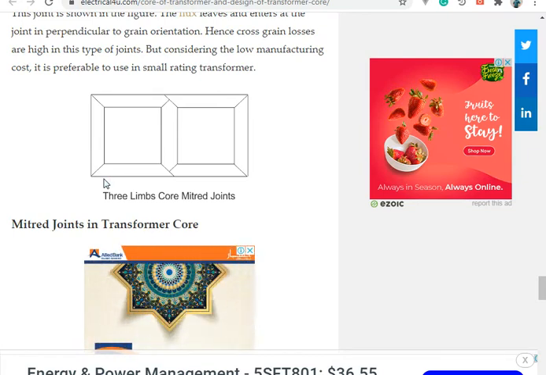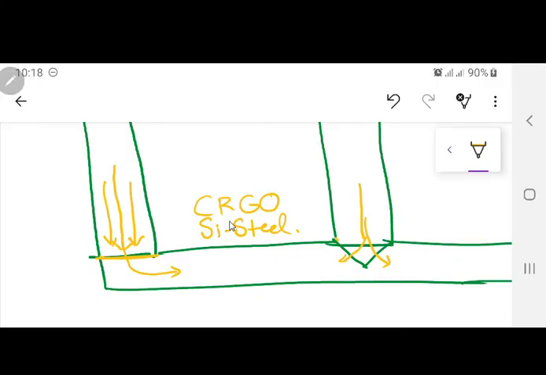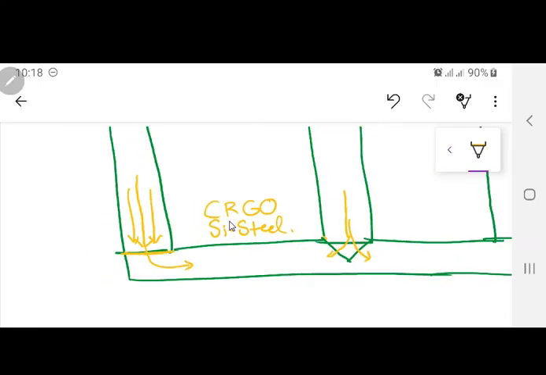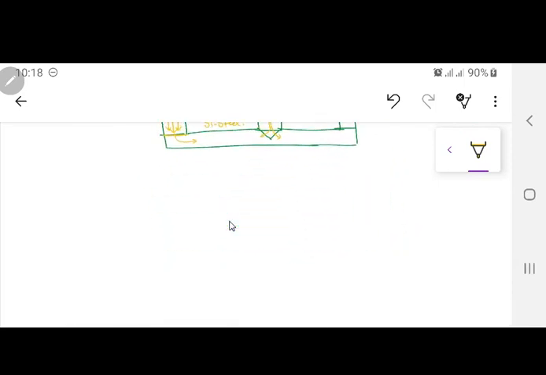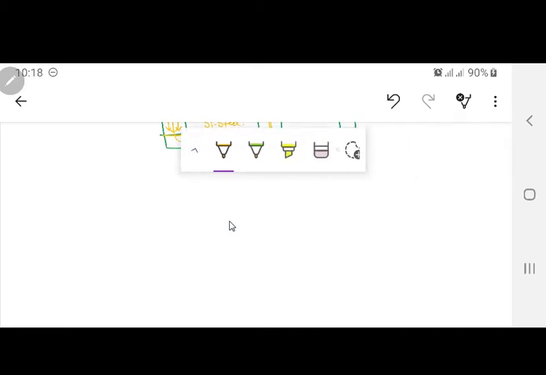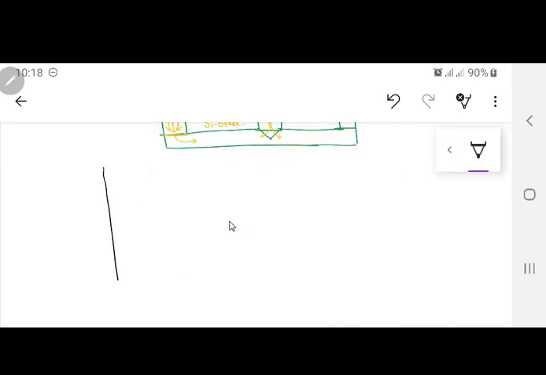But again, yes, it is going to have a lot of wastage also, because you are cutting near the edges, so certainly it is going to have a lot of losses over there. Acha ji, now when you have done this core, you have designed the yoke also, you have found out the area of the yoke and the height and all that. The next big thing is that you have to now find out the overall dimensions of the transformer.